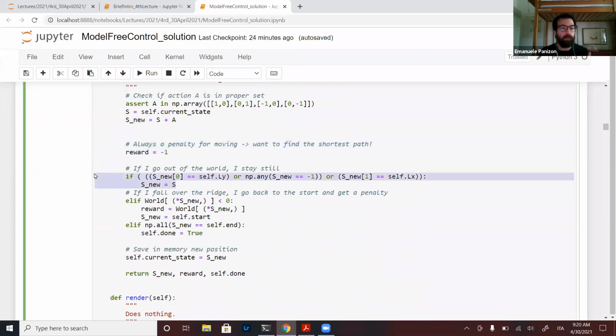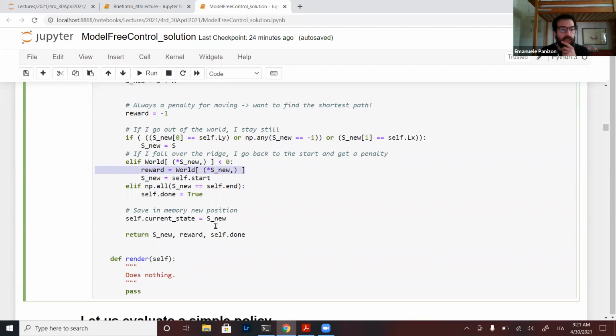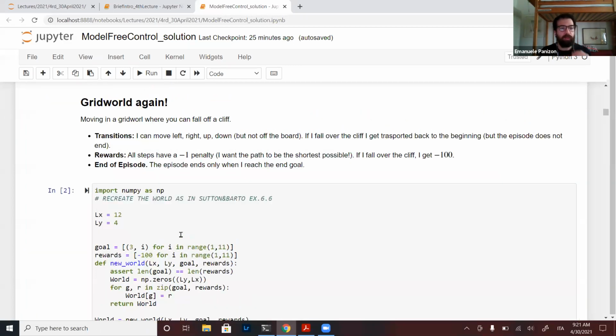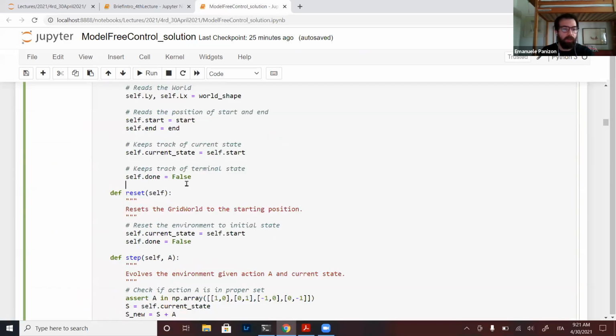But if you go off of the grid, you stay put, so the new state actually goes back to the old state. And if the world in that position is a minus, so you are in the cliff, then you go back to the start and you get the very negative reward, which is the value I put in the cliff, which is -100. And it saves the position in memory.